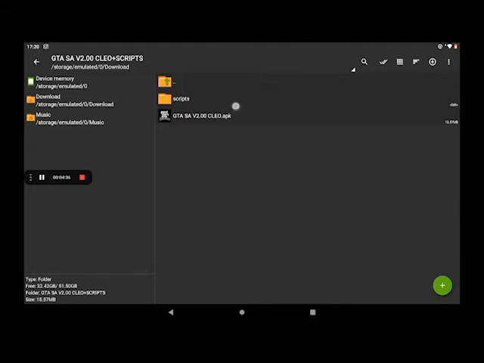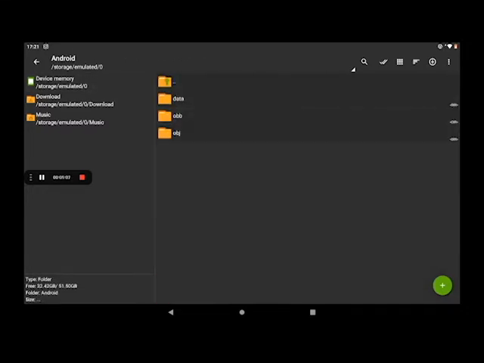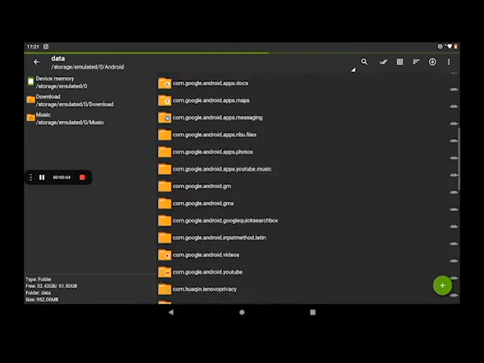Then you will see GTA San Andreas version 2.00 Clio.apk. Then you have to click on script. Actually there are going to be a ton of files. I already cut and pasted that for playing GTA San Andreas. So you will be having a ton of files. I'll be showing all these file names. You have to go to device memory, Android, data, then